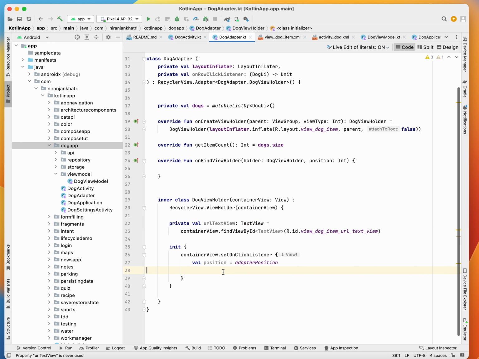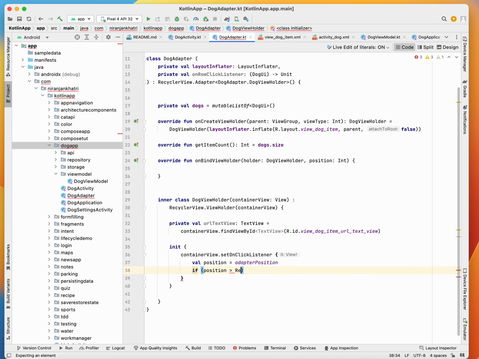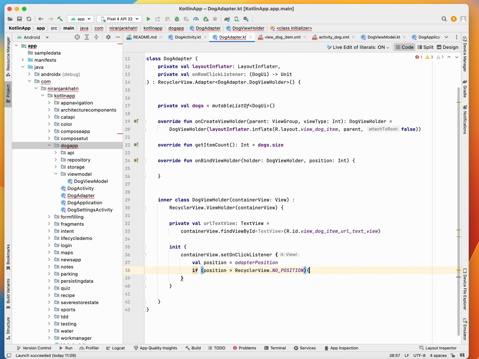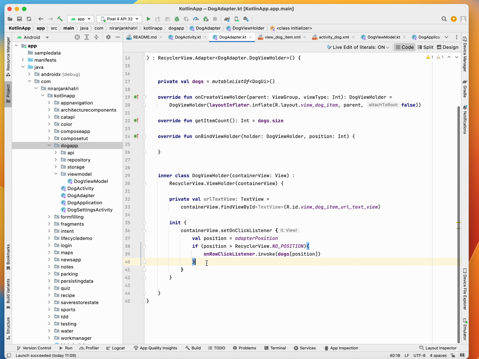You have the position here, you need to check if the position is greater than RecyclerView no position, then on row click invoke dogs position. Okay, if it's greater than no position, so at least there is some position, right? Then you make a click, and finally you also need a bind function